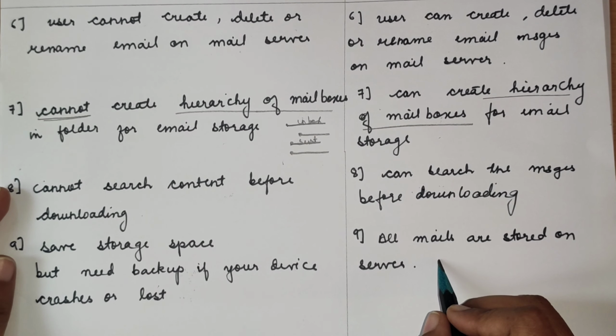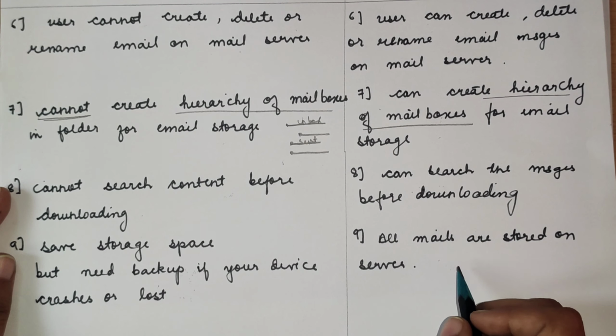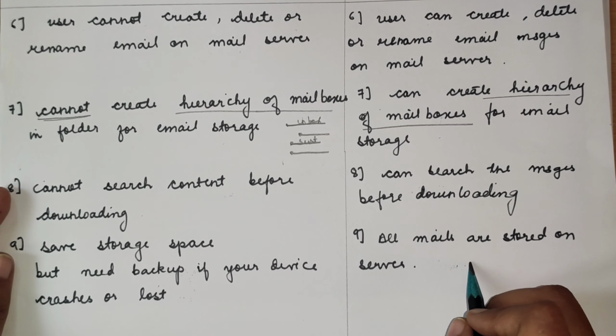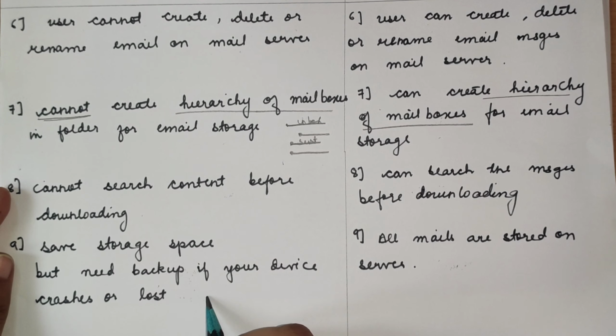Whereas in the case of IMAP, all the emails are stored on the email servers. You will be able to see your emails including sent items, drafts, deleted items, or any custom folder. But emails are not viewable without an internet connection. Here you require an internet connection. If you have an internet connection, all the time your emails are going to be stored on your email server, whereas in POP3 it is going to be deleted once you download it to your device.